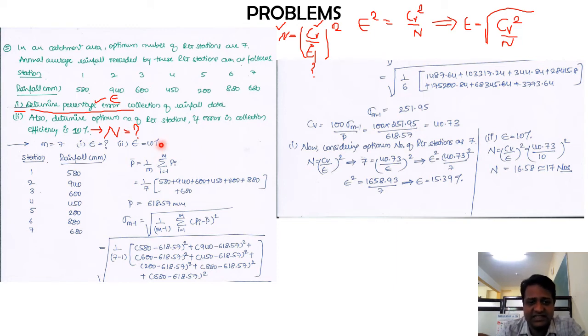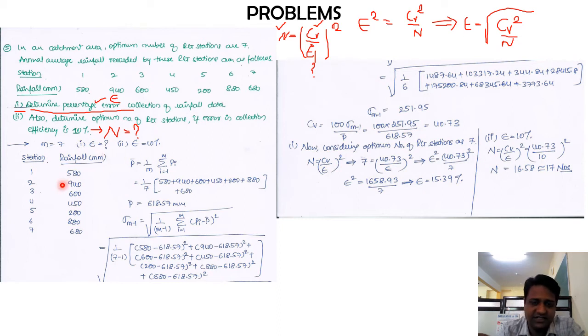Okay, so here also your entire formulas as well as steps for solving this particular problem are going to remain the same. There will not be any difference in the process we are going to follow. The only thing is, at the last step where you determine the optimum number, there will be a bit of change compared to the previous problem.